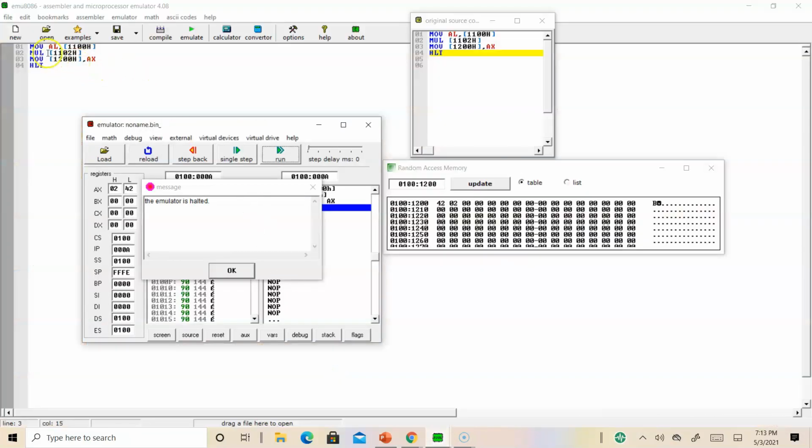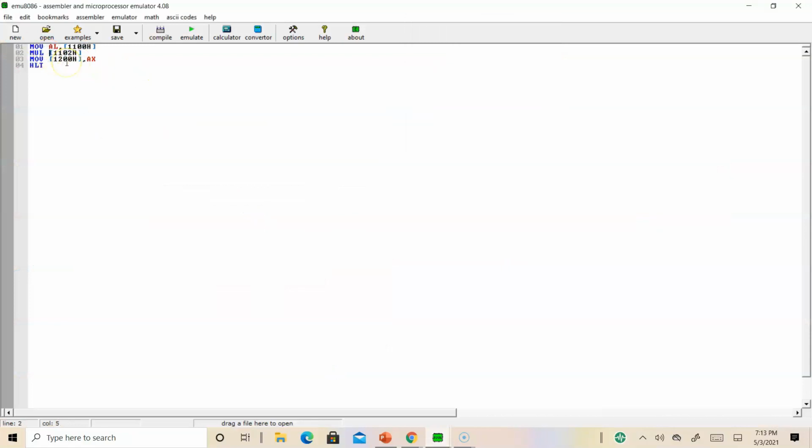You can use the BX register, and you can store the result of AX and DX.